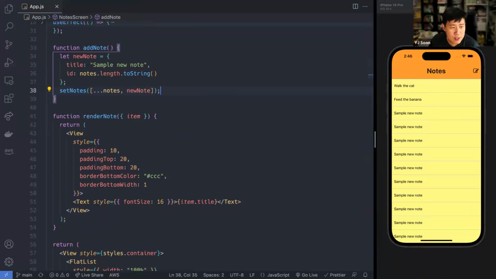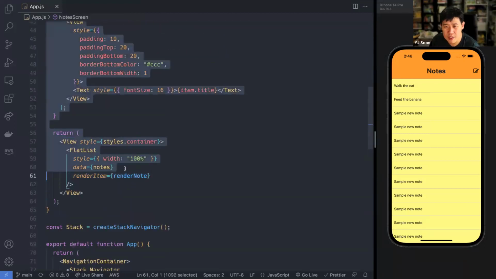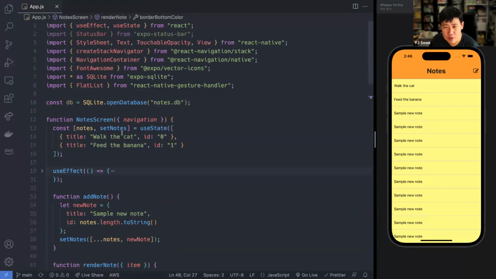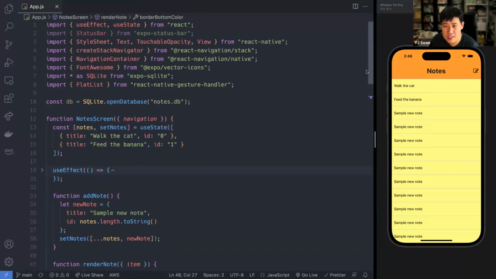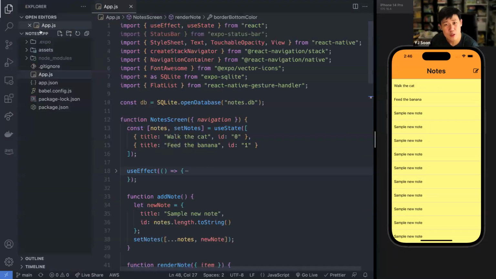Okay, so what we need to do now is a lot of weird stuff to reorganize our code. I think it would make sense to move Note Screen out of here. It's kind of unwieldy, right? We shouldn't do everything in app.js, even though you can. Once your code reaches more than 100 lines, it's probably not good. So again, let's go refactor.